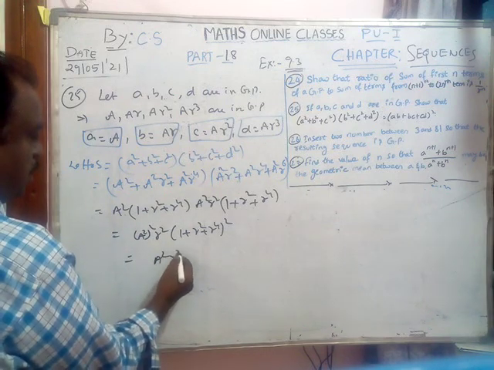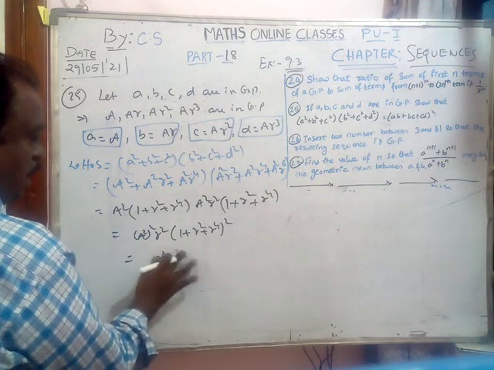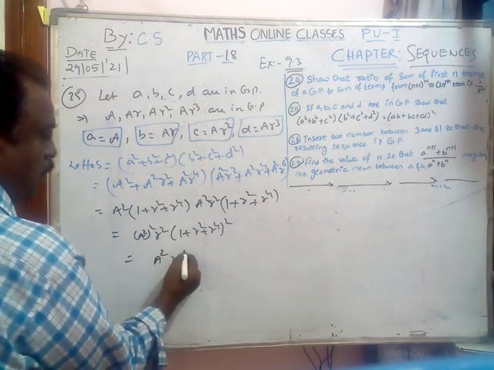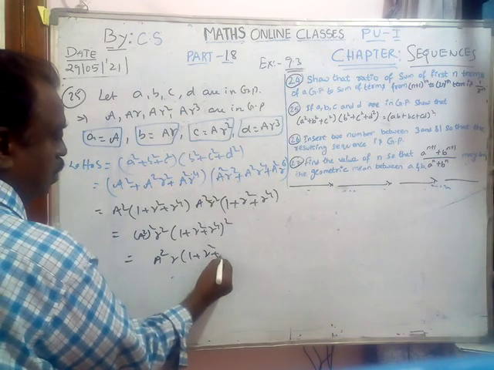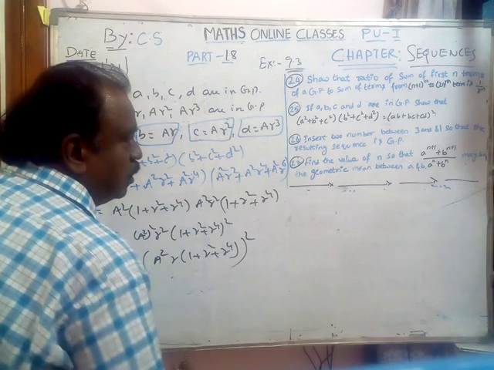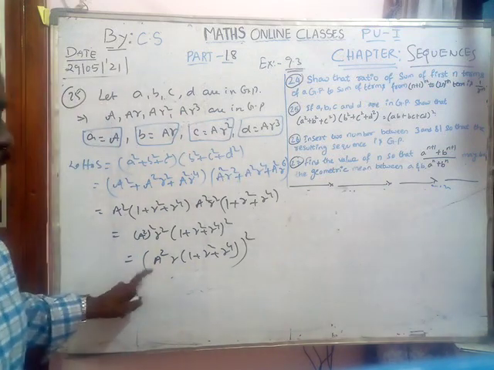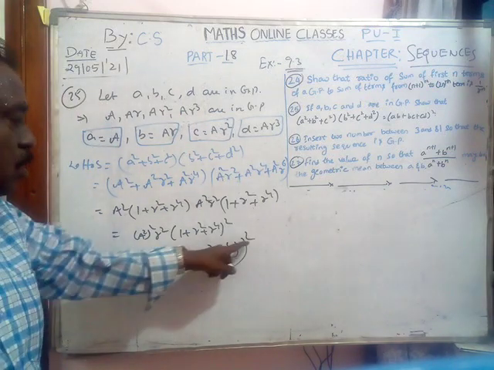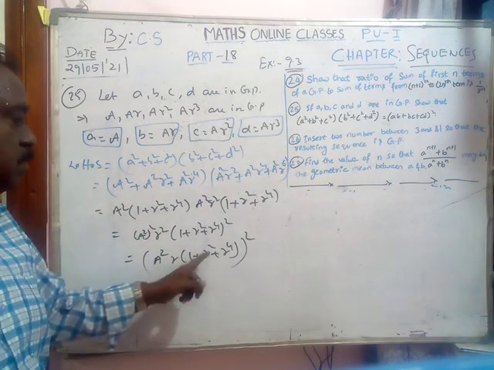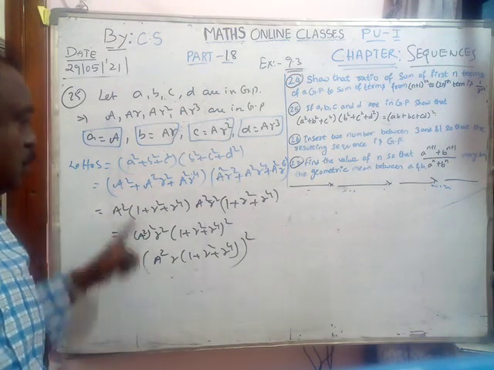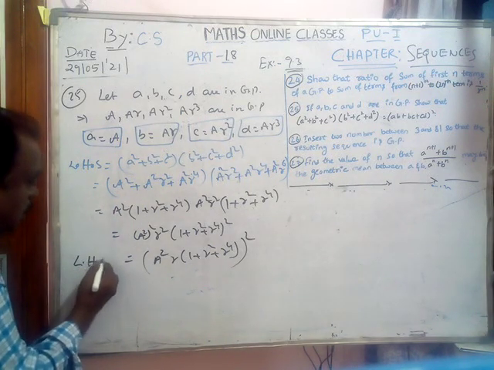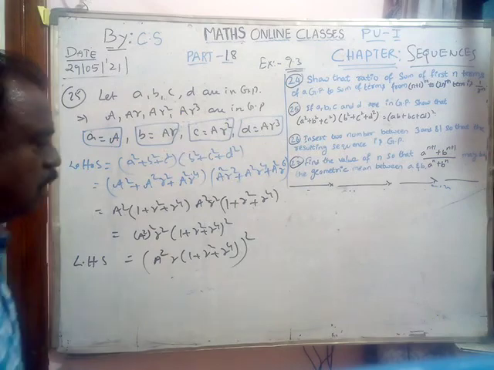So it can be written as A square R, don't confuse, A square R of 1 plus R square plus R power 4 total whole square. Will you agree? A square whole square, A square whole square, R square is there. 1 plus something whole square is there. So that can be written like that. It is LHS. Okay?